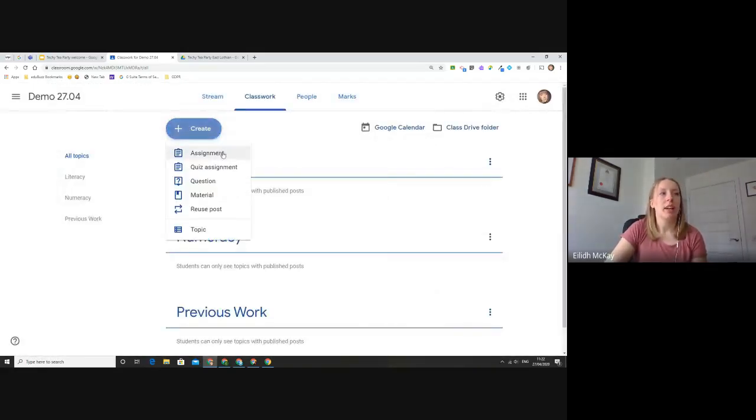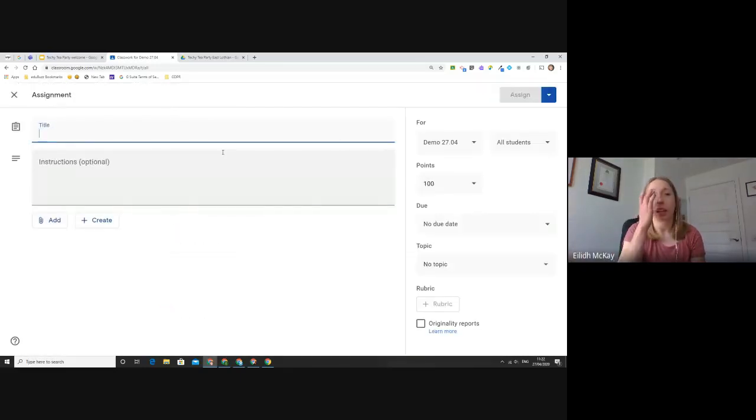So that was create an assignment within that classwork section. What I will stress right now, obviously we're sending work to homes, and this is being accessed by the student, and possibly their parent or carer is also supporting them with that. What I would say is make sure that all of your instructions are very clear and you're setting out exactly